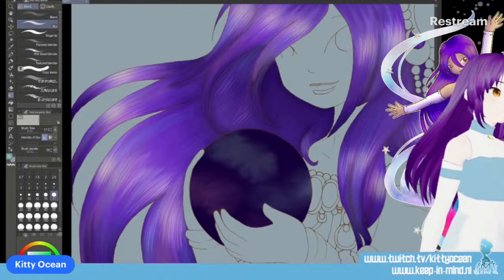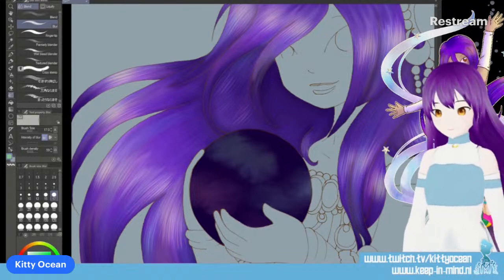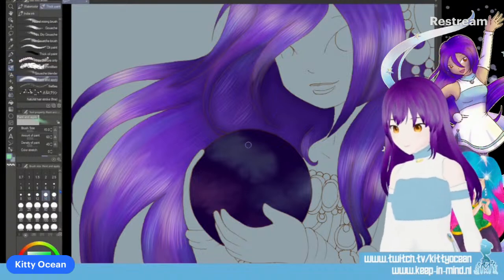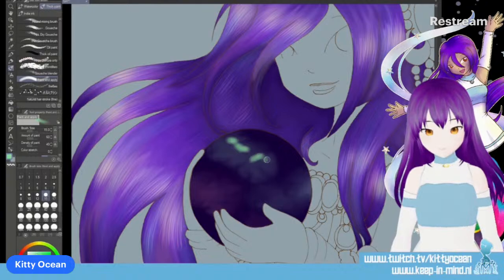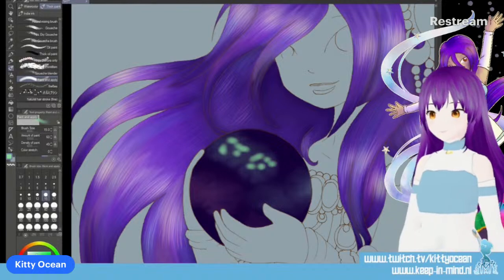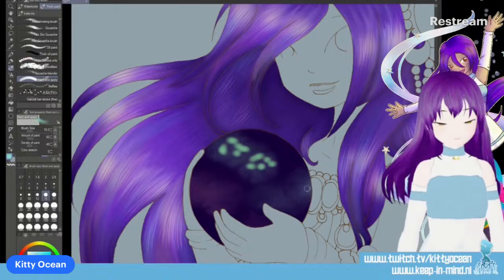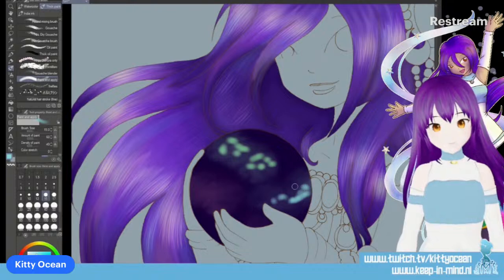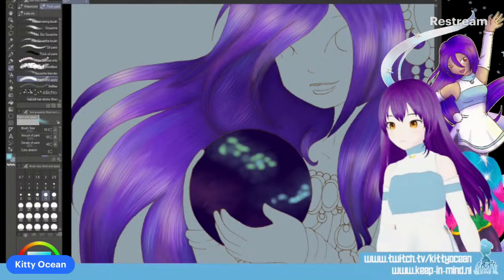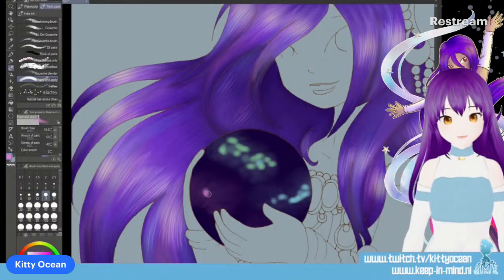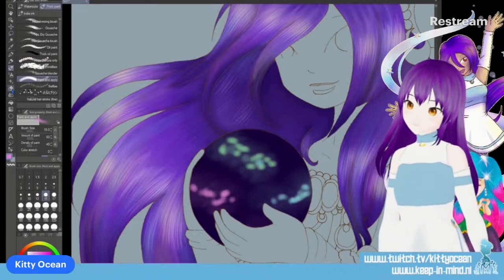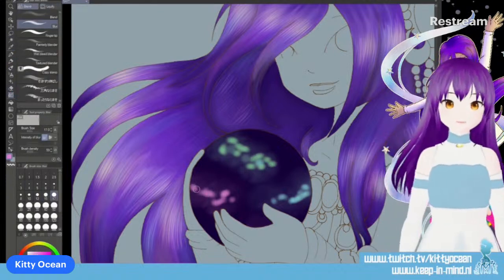first I'm gonna do this. This is the first layer. And here's the pink one again. No, that's the eraser tool.